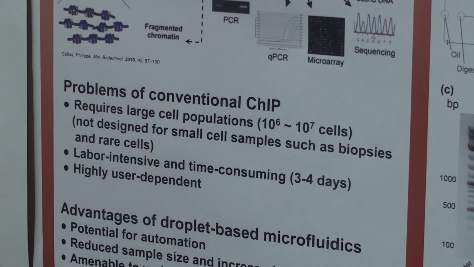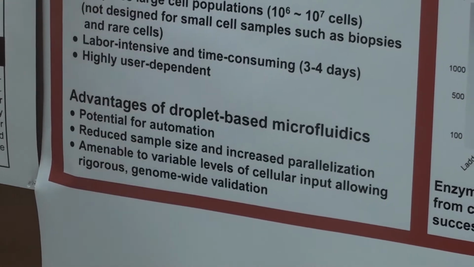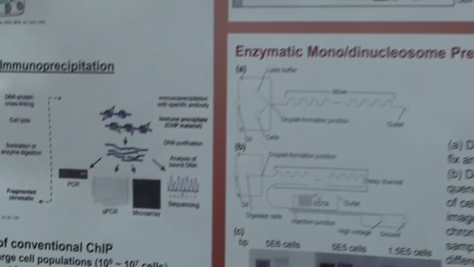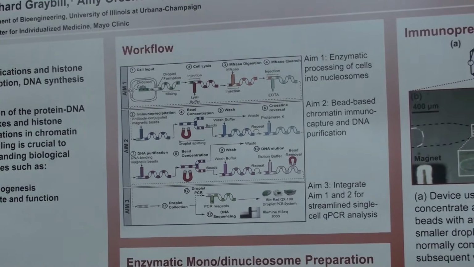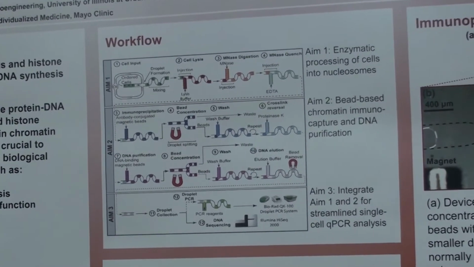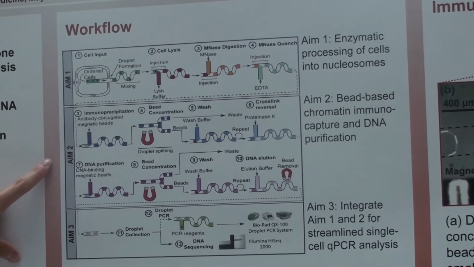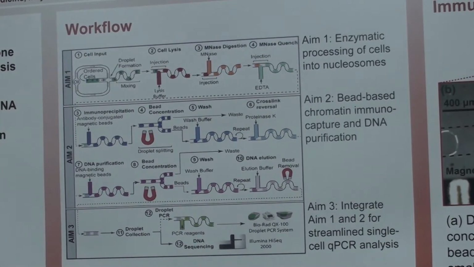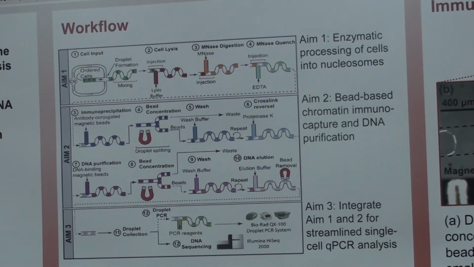So we want to apply all of these advantages of droplet-based microfluidics to move every single step onto a chip, so that it will be automatic and it will save your sample size. And again, it will give you even better results. So basically now I'm doing AIM-1 and AIM-2 independently to do proof of concept drops. It's an ongoing research project, so the results are not so good, but still we make progress,